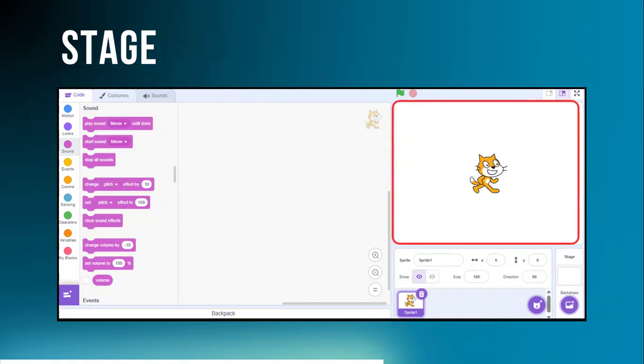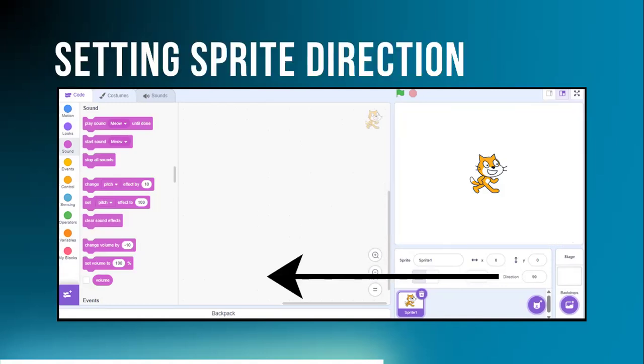In this section, you can apply the following changes to your sprite. It can be the direction, the size, the name, the visibility on the stage, and also the position X and Y on the stage. You can set the sprite's direction. By setting a rotation style of all around, it makes the sprite appear as if it is only able to face or point in specific directions, but in reality, it is pointing depending on the value that you have typed or where you have rotated the arrow on the dial.